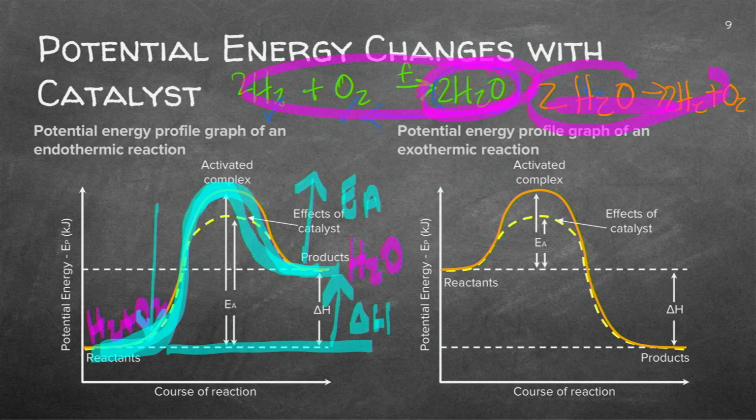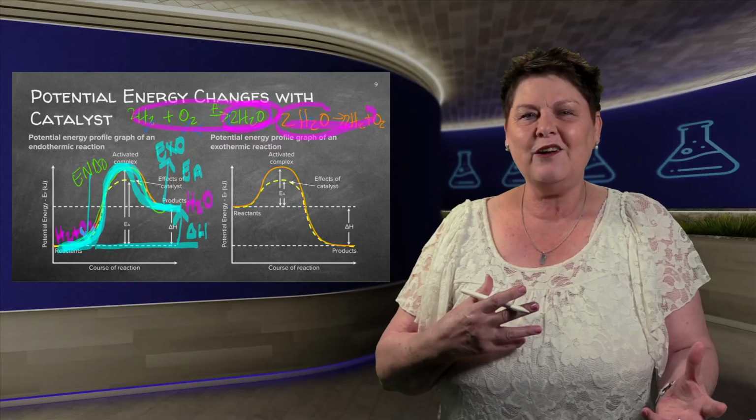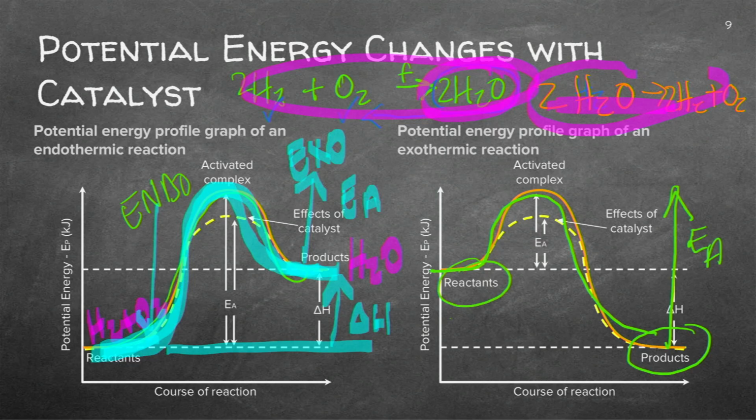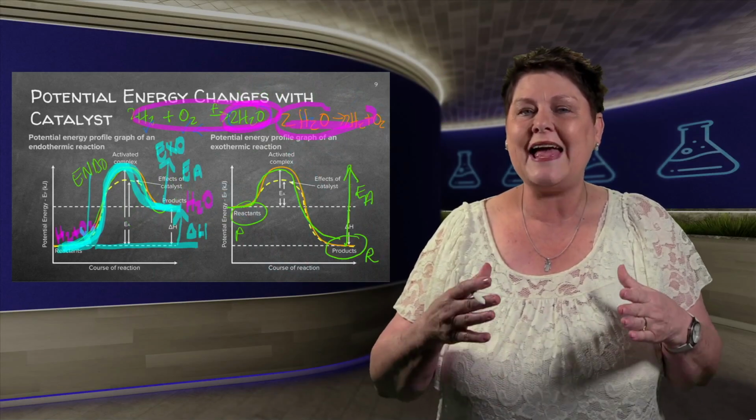And why is it different? Well, this is higher than this, so the reverse reaction is an exothermic, whereas the forward reaction was an endothermic. Be careful. They often ask questions for the reverse reactions instead of the forward reaction. So you need to know, then I start here, I go up there. This is then my activation energy. This is the product, and this is the reactant. It's not difficult. It's just taking care, reading carefully and answering accurately.